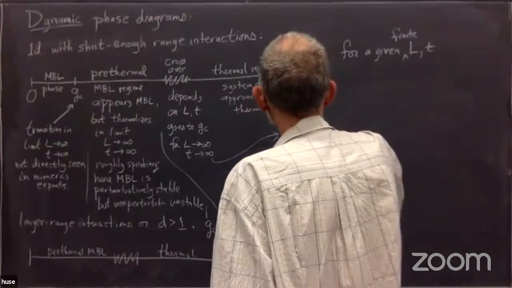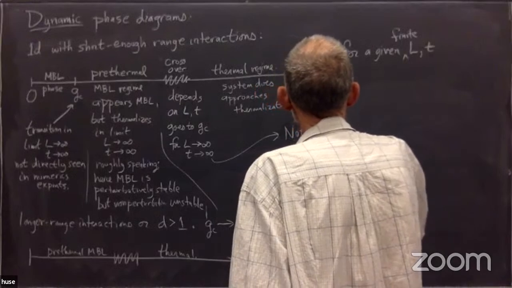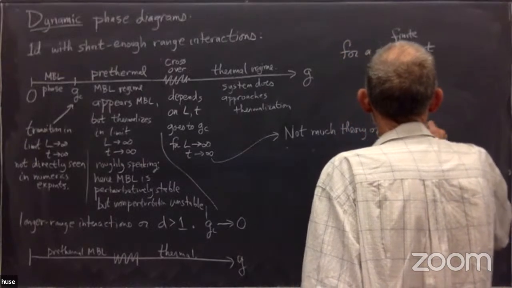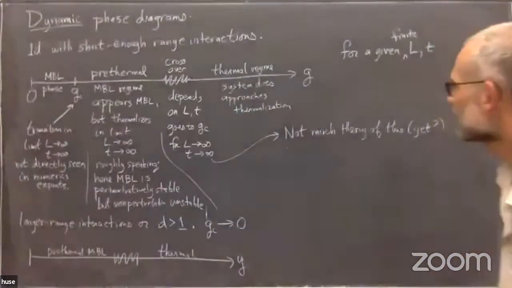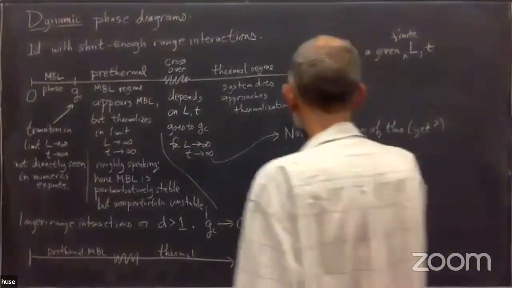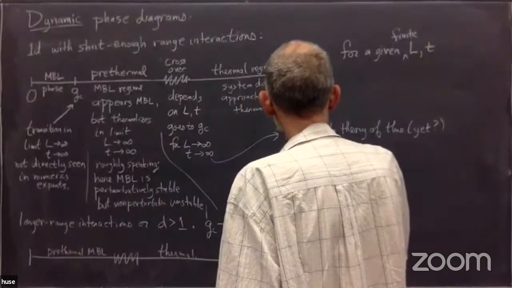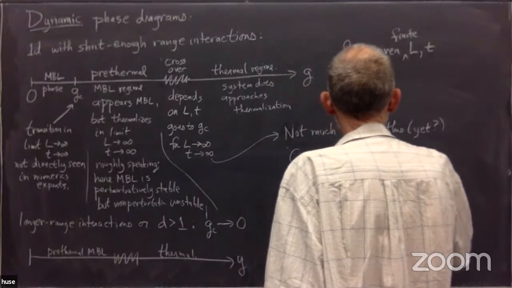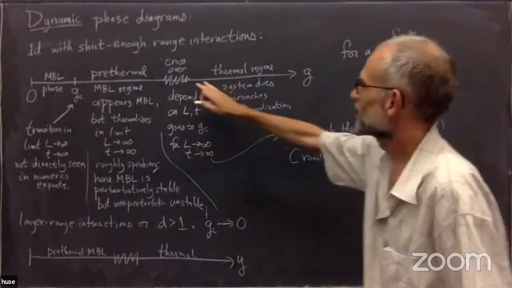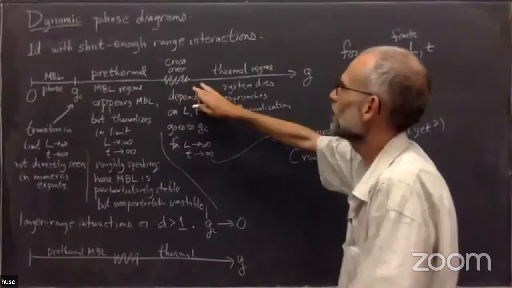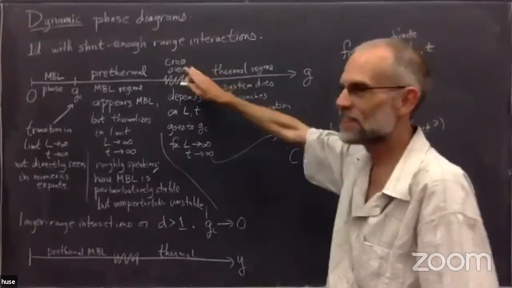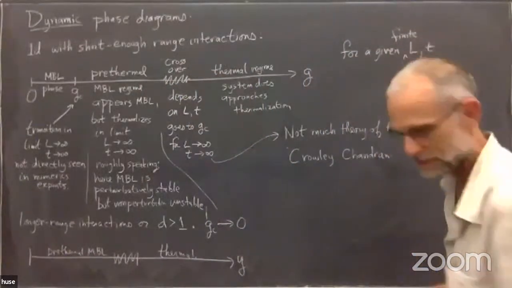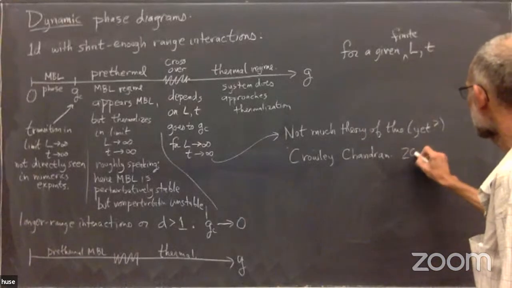So I guess maybe I should say not much theory of this yet. Now there is one paper. Yeah. So there's a nice paper I like. Bill Crowley and Anushka Chandran have recently made some effort developing some theoretical ideas about this, which are not trying to fit it into the box of a phase transition, but to really think of it as a crossover. And so let me just give the reference on that one. So this is quite recent,